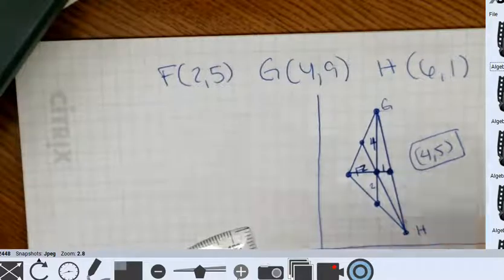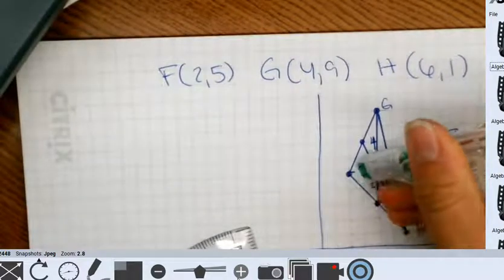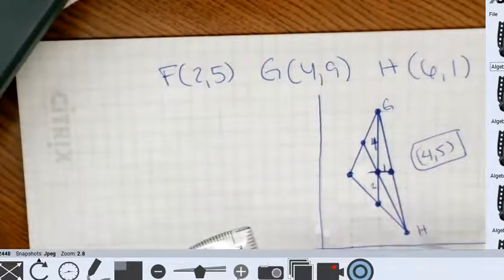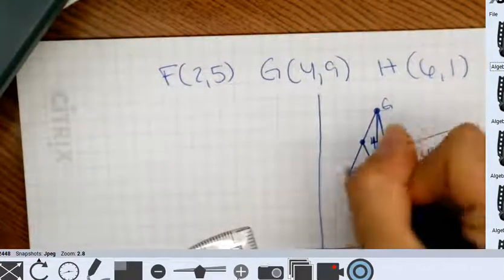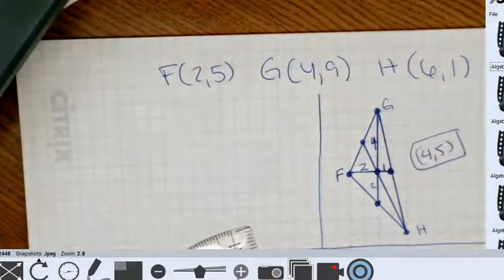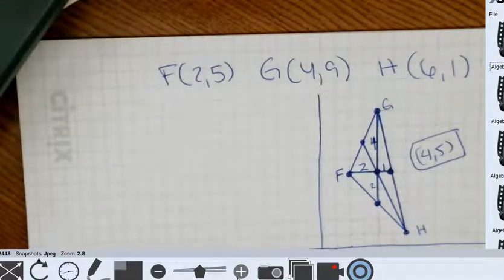I'm going to move this F just so it's not in your way of that 2. All right, are we okay? All right, so